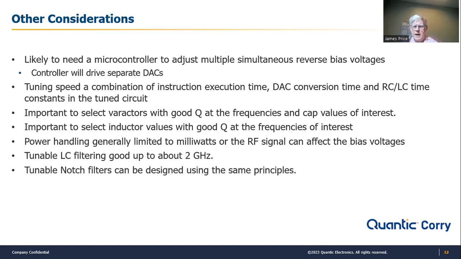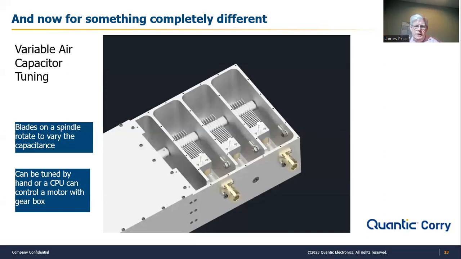And I know I've talked all about bandpass filters here, but notch filters also apply to pretty much everything that I've said here. I've also heard you speak about variable air capacitor tuning. What does that involve? Yeah, so I thought I'd show an example of a notch filter here with variable air